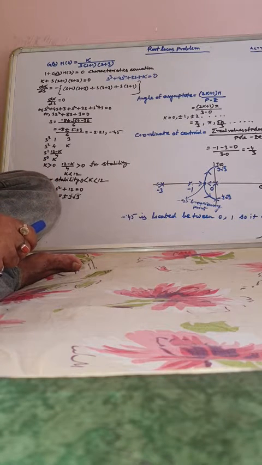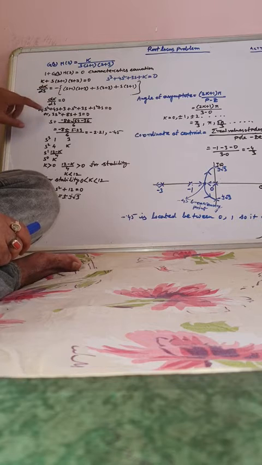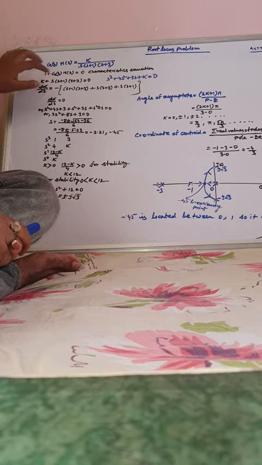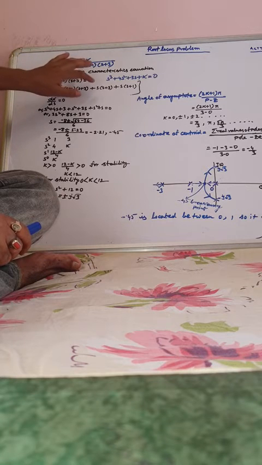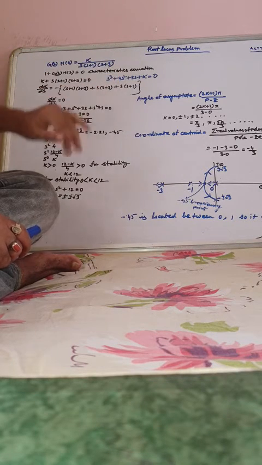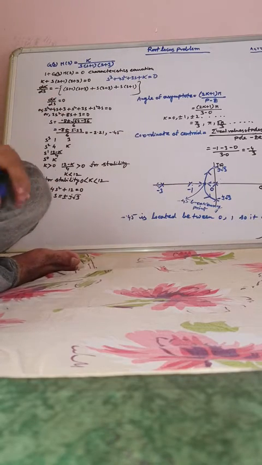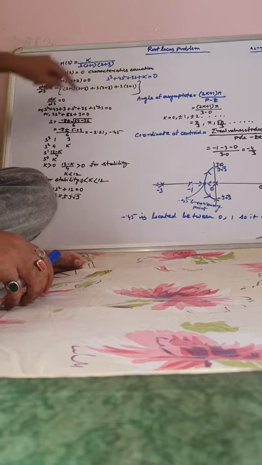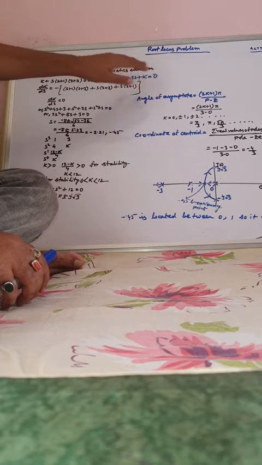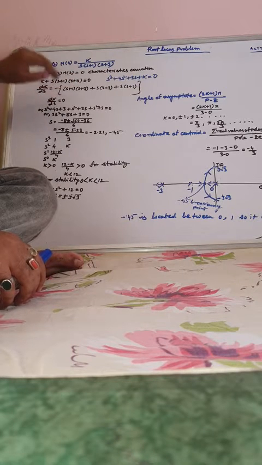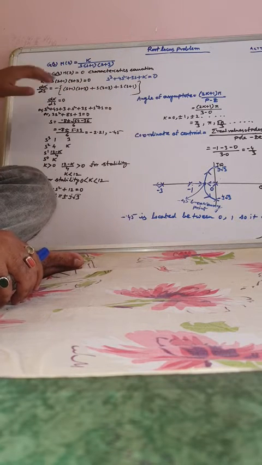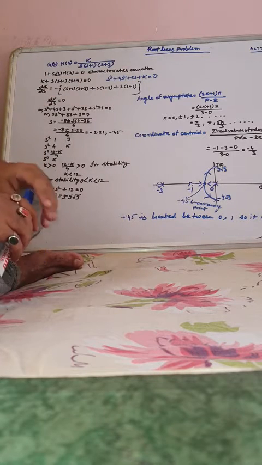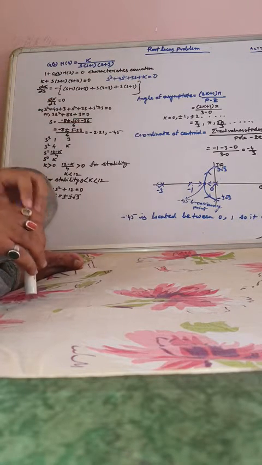Now let's take dK/ds. If you do the partial derivative method, the derivative is minus within bracket, (s plus 1) into (s plus 3) plus s into (s plus 3) plus s into (s plus 1). So make dK/ds equal to 0 in order to find the breakaway point. So this is 3s square plus 8s plus 3. You can do the derivative here also, using the multiplication derivative formula. 3s square plus 8s plus 3 is equal to 0.